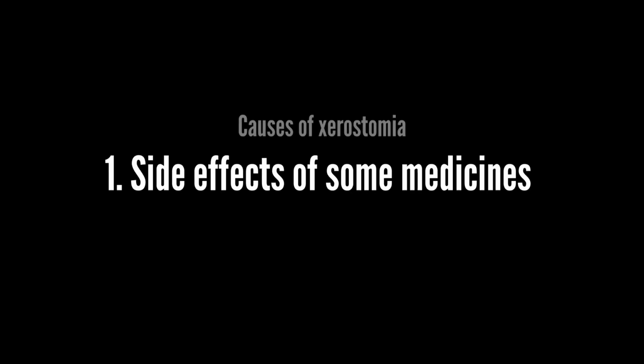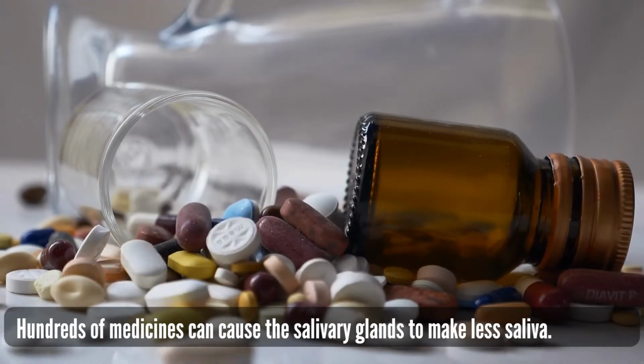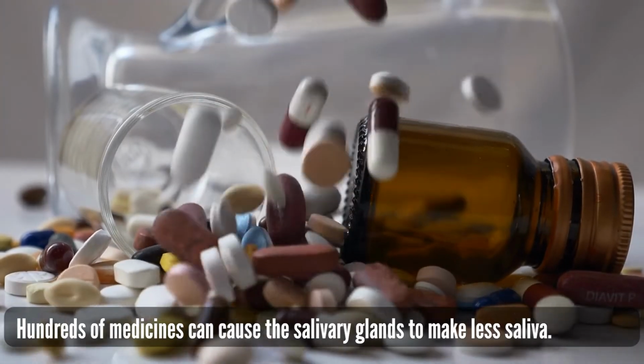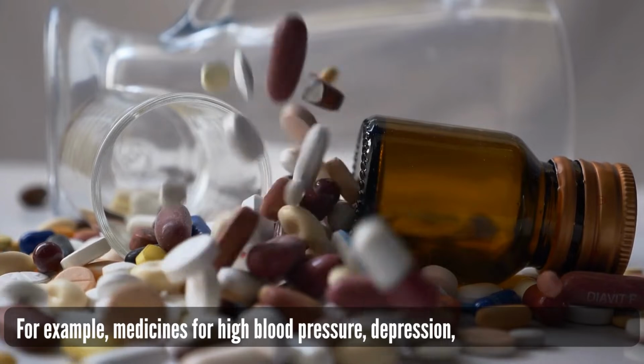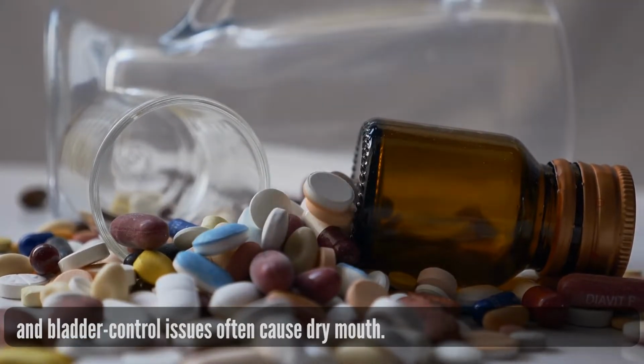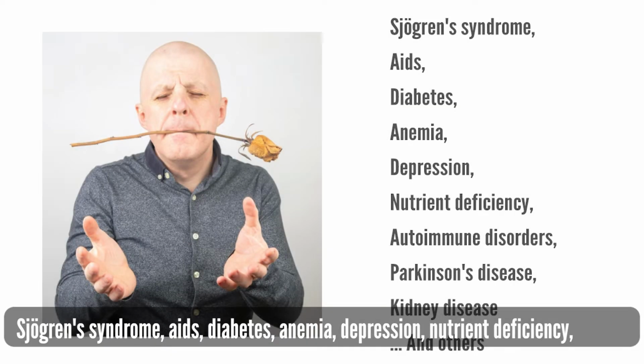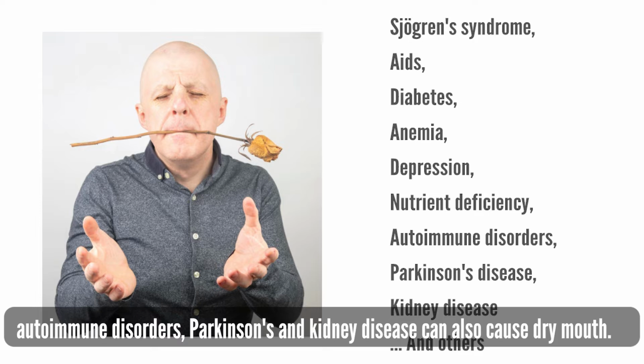Side effects of some medicines. Hundreds of medicines can cause the salivary glands to make less saliva. For example, medicines for high blood pressure, depression, and bladder control issues often cause dry mouth. Disease. Sjogren's syndrome, AIDS, diabetes, anemia, depression, nutrient deficiency, autoimmune disorders, Parkinson's disease, and kidney disease can also cause dry